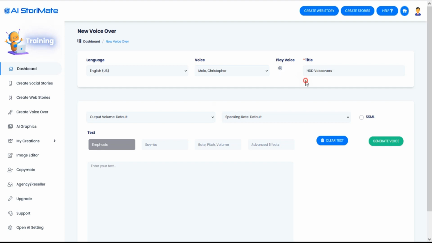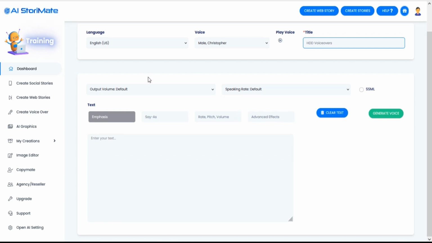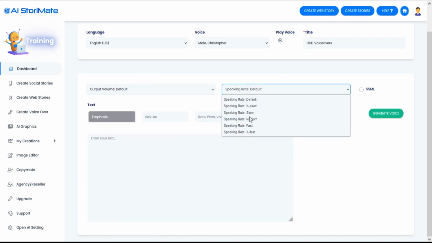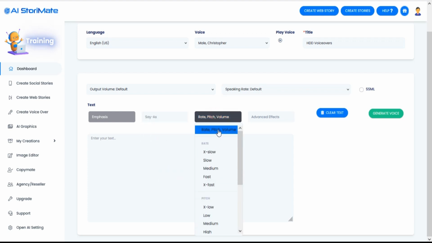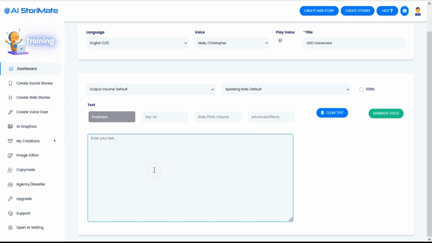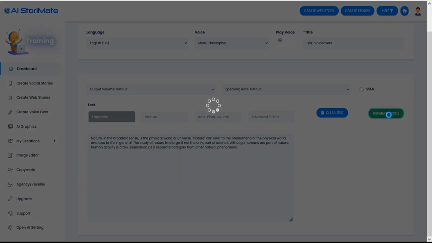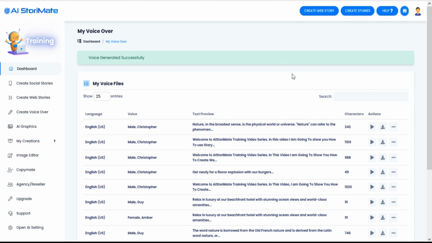Enter your AI voiceover title. You can choose options from the drop-down. Insert your text. Click on Generate Voice. After generating the AI voiceover, you are redirected to the AI voiceover listing page, where you can